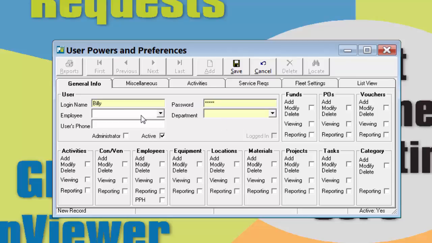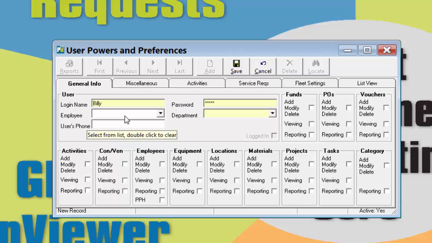I'm going to come over here, and it's not necessary to add an employee. You could simply just assign a department and leave the employee blank if the person who's going to be doing the data entry, or in other words the PubWorks user, is not an employee, which we do come across quite often. Well, here we're going to go ahead and create this user, and we're going to go ahead and